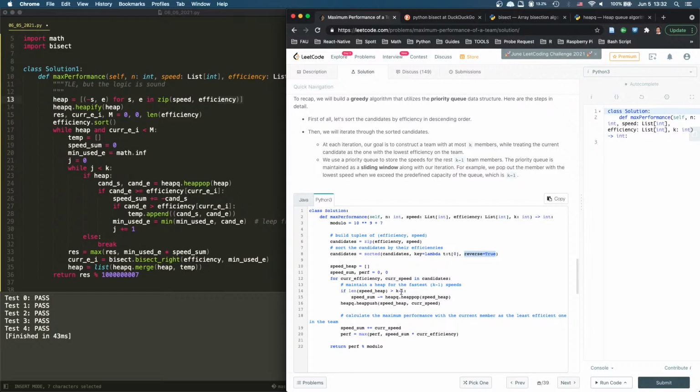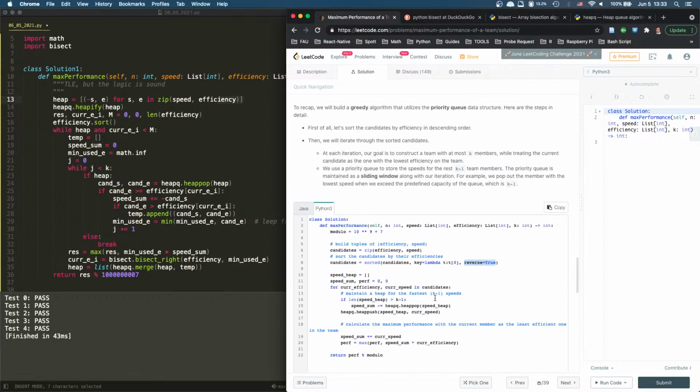So I'm going to pop out the speed. I pop out the slowest speed, and I push in the current speed. Are you saying the current speed is larger